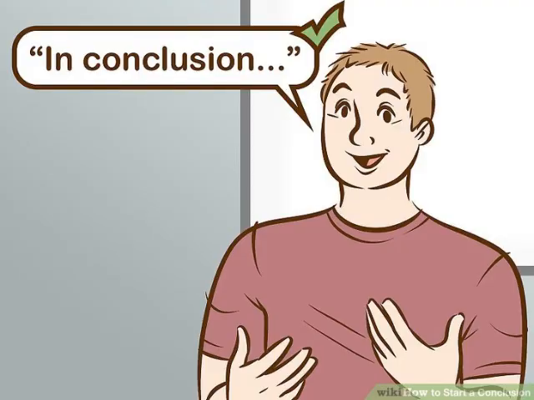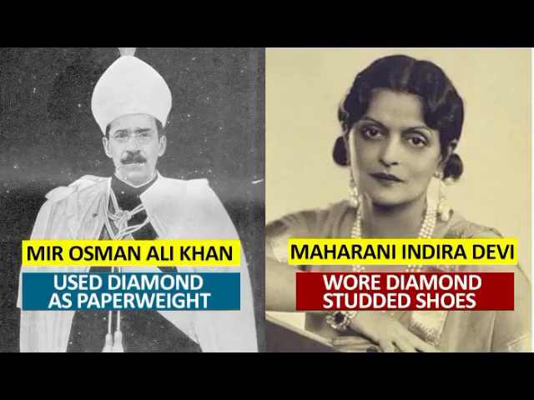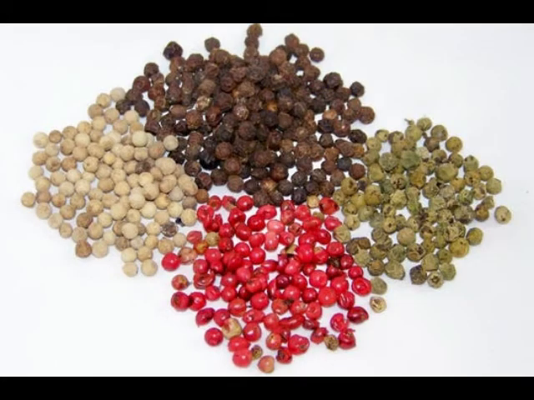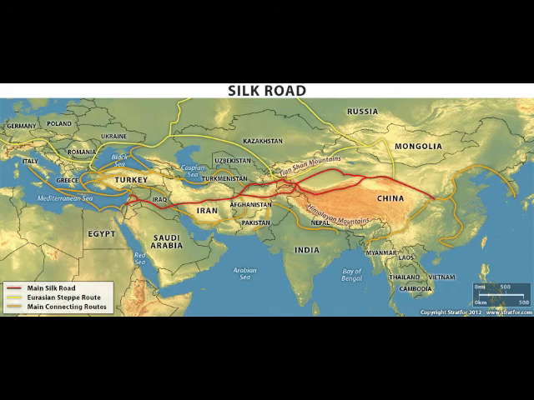Conclusion. Both India and China are among the oldest and biggest civilizations of mankind and were once ruling the global economy. India, which was the golden bird during the Mughal era, attracted the British and other European rulers by its lavish lifestyle, luxurious ornaments, huge man-made structures, and food ingredients like black pepper, whereas China attracted Western civilization by their various inventions like paper, compass, gunpowder, mechanical watch, and let's not forget their silk, which led them to create the Silk Road in order to connect East and Western nations.